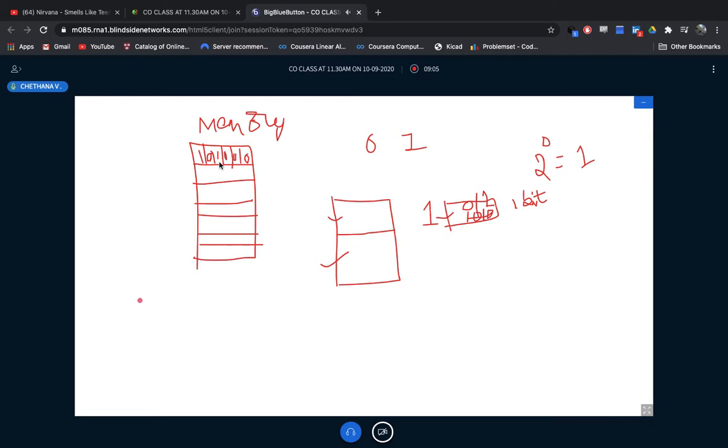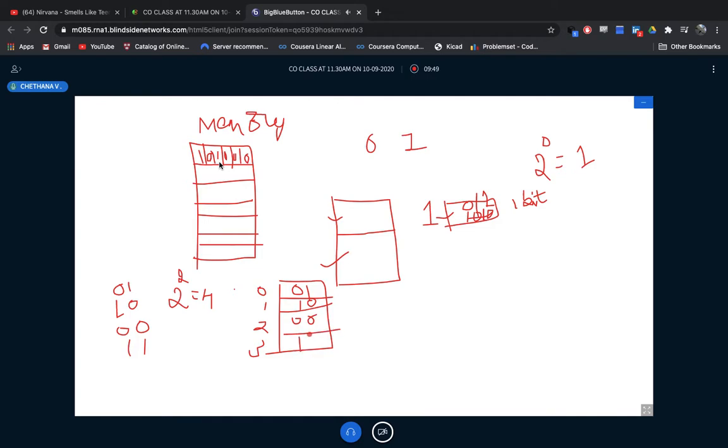Suppose your data consists of 2 bits of data. What are 2 bits of data? 0 1, 1 0, 0 0, or 1 1. So how many locations do you need to store this kind of data? You are able to get 01, 10, 00 and 11, so you get 2 to the power of 2. What is 2 to the power of 2? It is equal to 4. That is nothing but the number of locations you are going to address: 0th location, first location, second location, third location. So you can store 0 1 here, 1 0 here, 0 0 or 1 1.